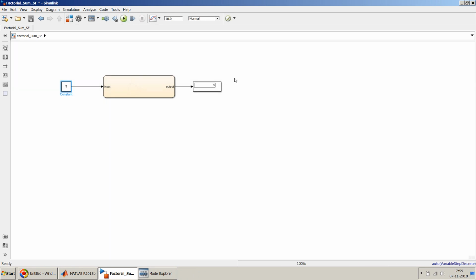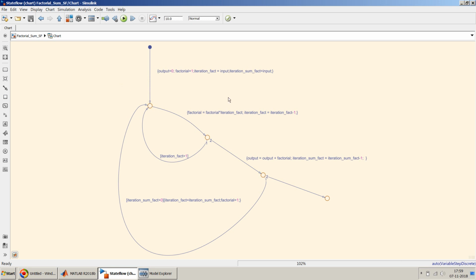Yeah, it's 9. So if you see, although I had some struggle over here to understand different variables, once you have all the variables defined nicely, then you just have to make these two iterative loops over here, and you can easily get the sum of the factorials in the Stateflow. So just to summarize quickly,